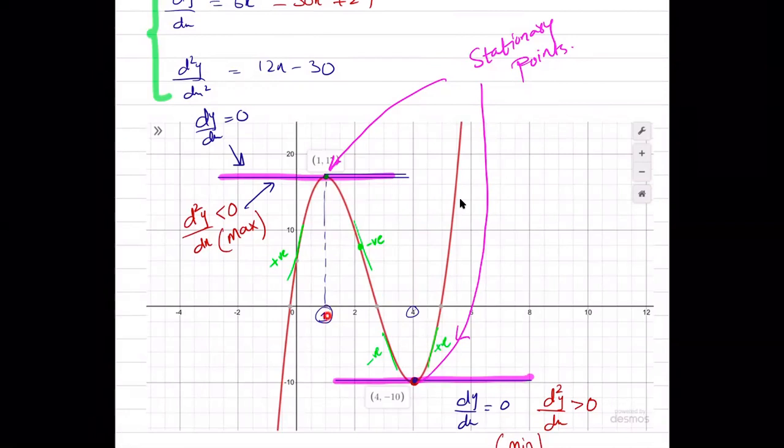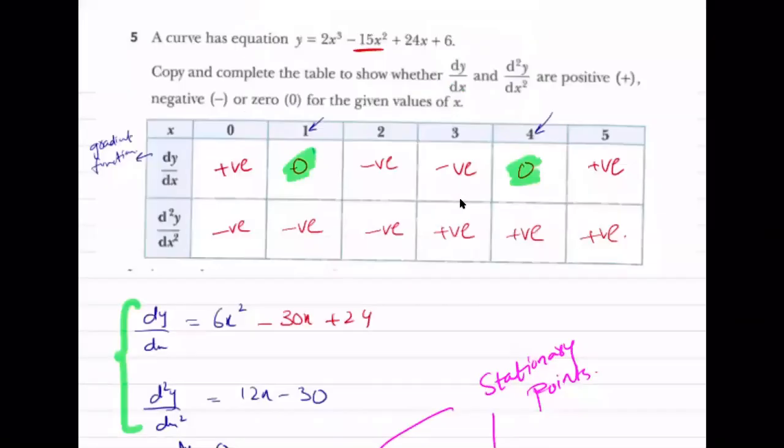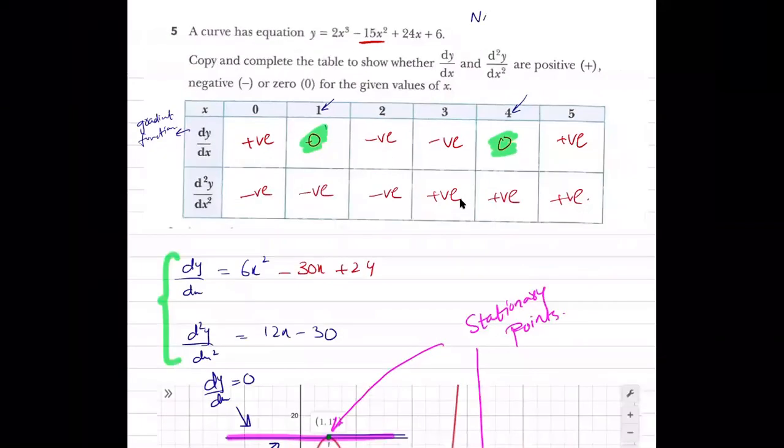So these two are the stationary points. But if I was just given this table, how would I know whether this point is a minimum point or this point is a maximum point? I need to identify now the nature of the stationary point. In our syllabus, we are going to study two types of stationary points. One is the maximum point and the other is the minimum point.